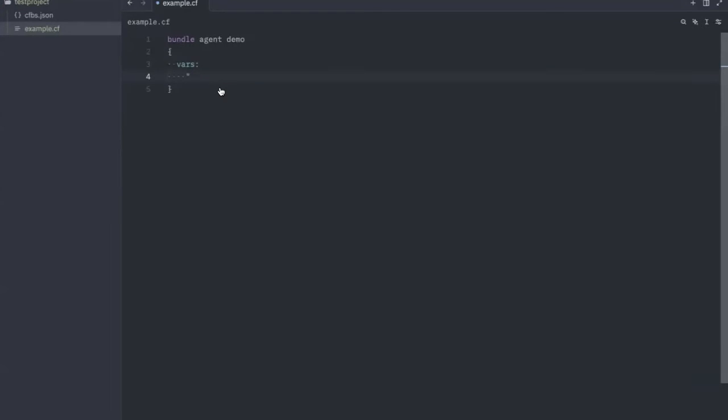We have get groups, find local groups, get group info. Those are some good ones. So if we go to the docs for that,